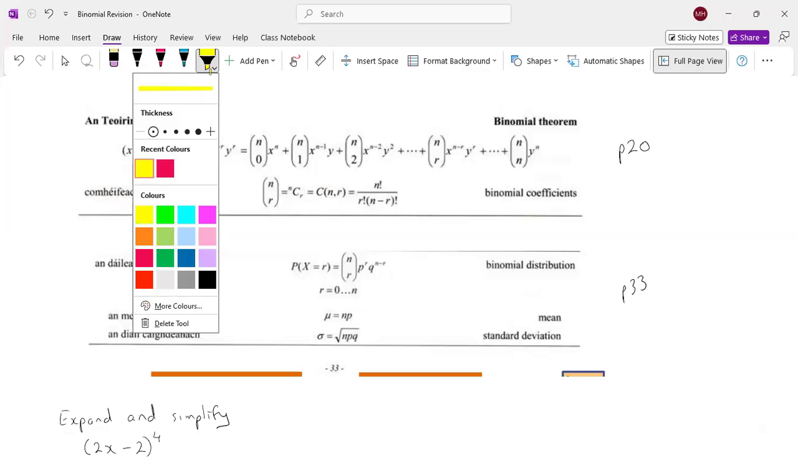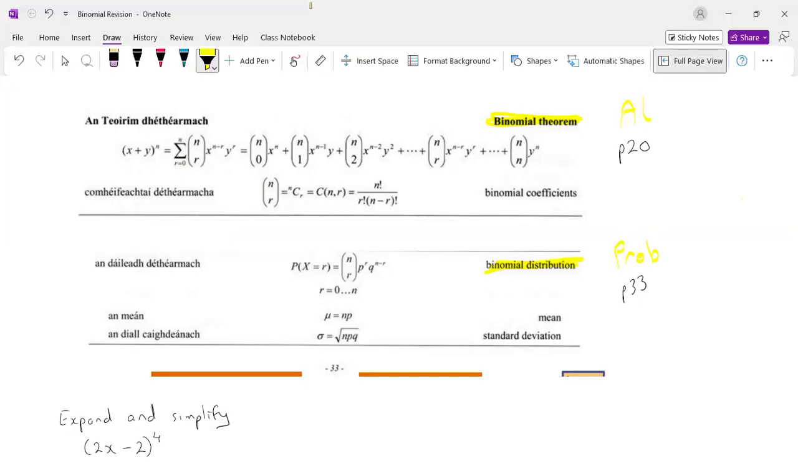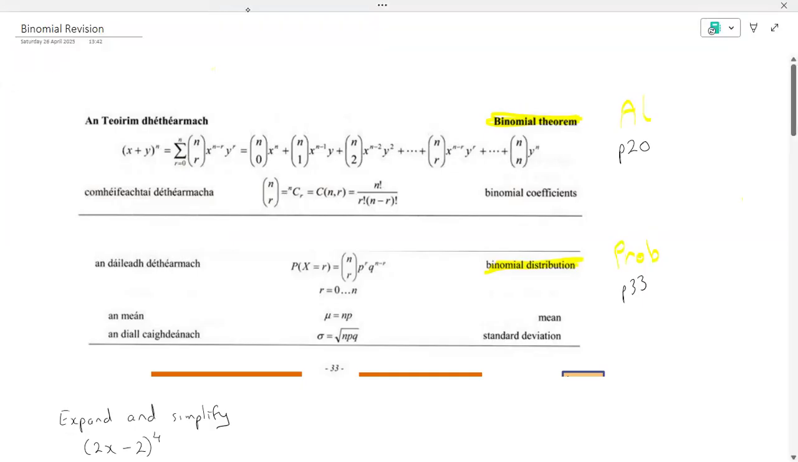Now, why am I saying this? Well, this is your binomial theorem, and this is your binomial distribution. So the binomial theorem is basically when we're doing the algebra questions. The binomial distribution is when we're doing the probability questions. And I suppose the most confusing thing is, and I'll go through some examples of both of these now, but